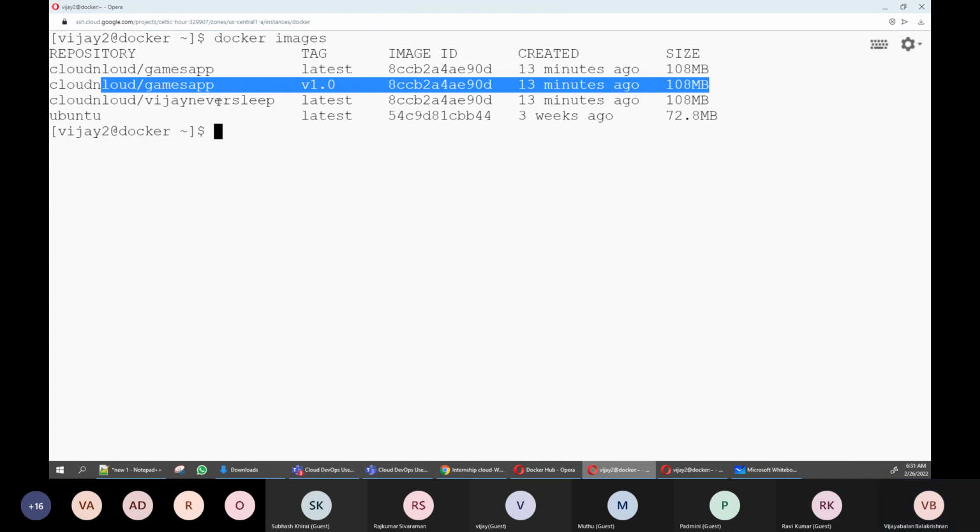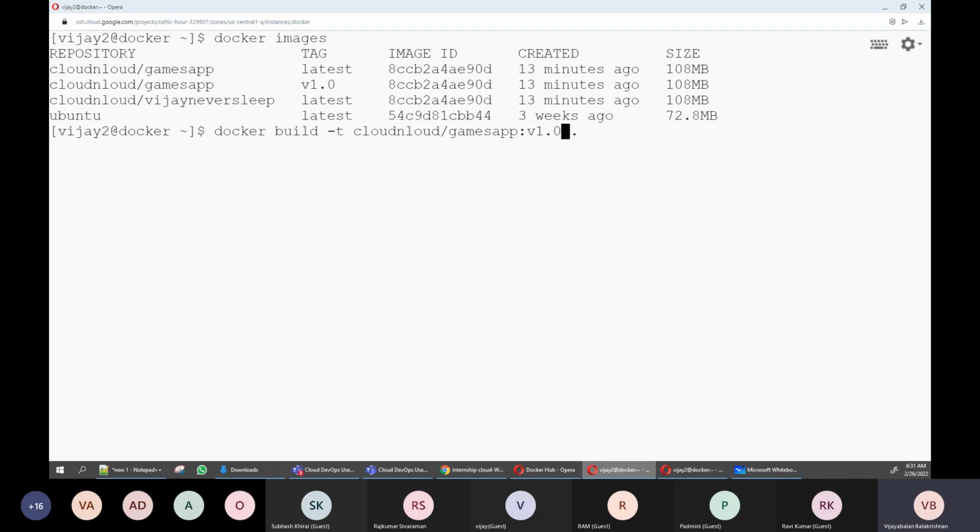Do you understand this? Yes, Vijay. Okay. By default it will look for the latest one, and if you specifically mention the tag as v1.0, it will look for that. Is that correct, Vijay? Yes. See, definitely for each and every deployment, each and every release, you will have some version number to differentiate. Correct? Yes. So that is why even tomorrow, if you are going for a different version or different functionality or different feature,